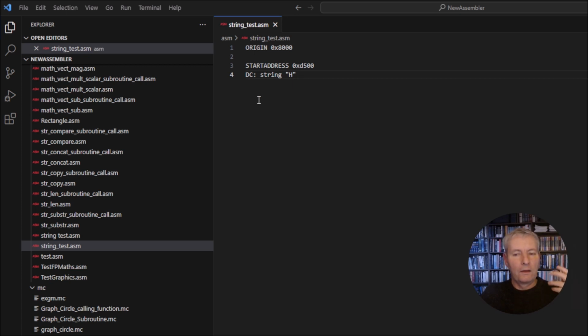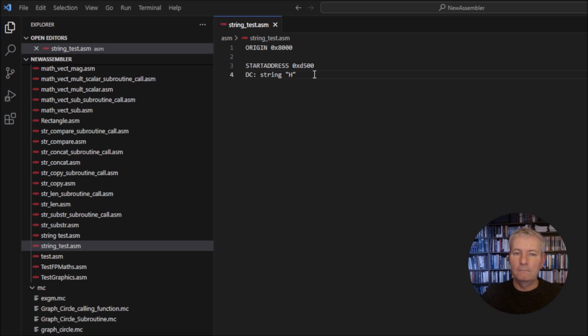So the way the assembler does this is it comes down here, sees the DC command, and then it automatically adds in a line at the beginning. The line at the beginning is the data command. So it says data and the value of 48, and then it places it in a memory location. The memory location will be